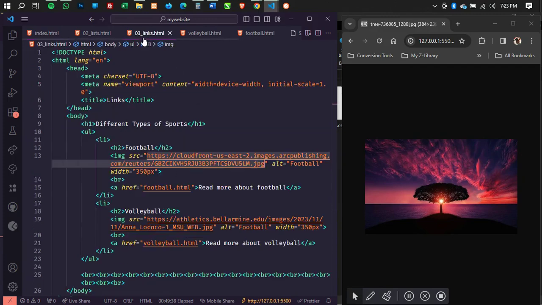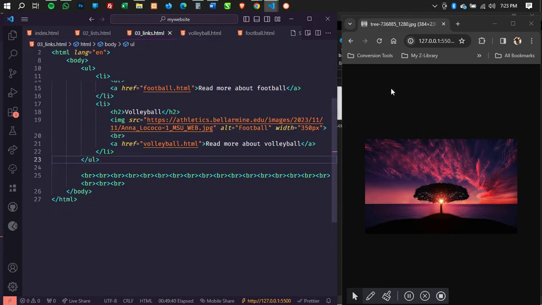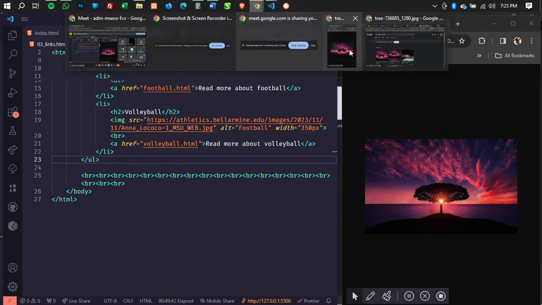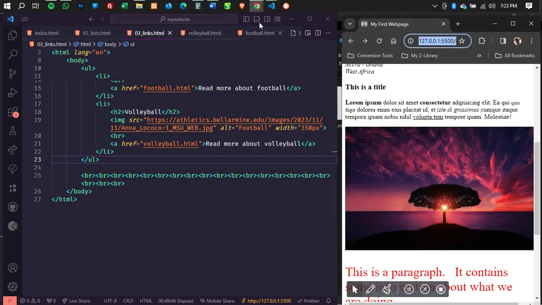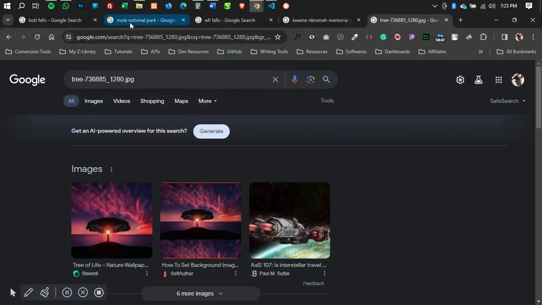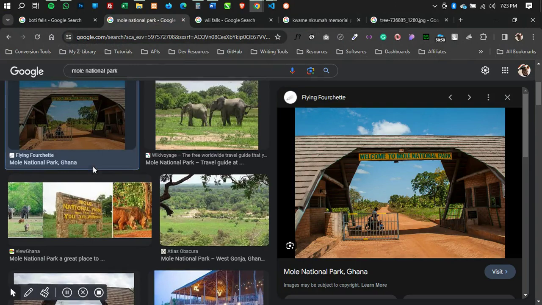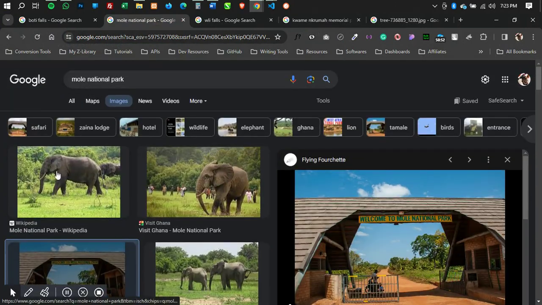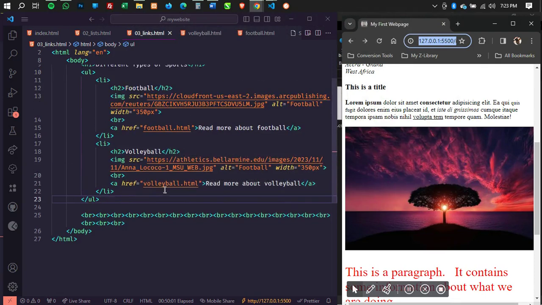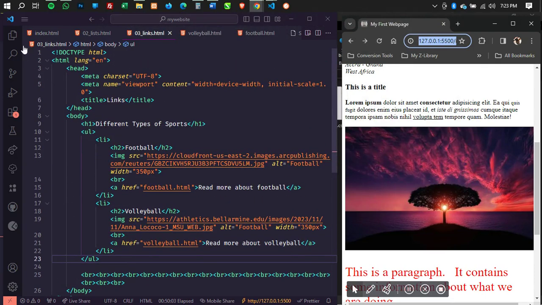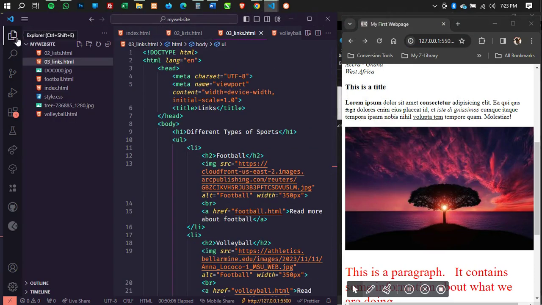Another link which we can add in HTML is what we call the external link. Are you getting it? So assume, let me go back here. Assuming I come here and I search for something, Mole National Park, and let me just visit Wikipedia and copy the link from Wikipedia, right? And so when I go to Mole National Park, I think that was in the list element.